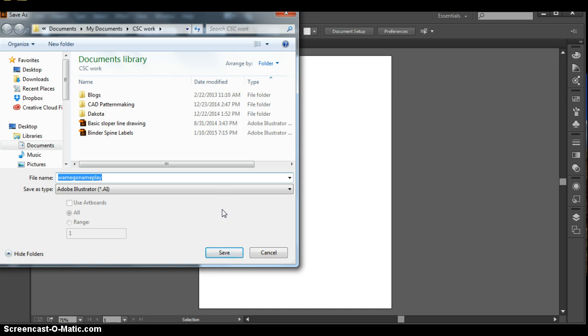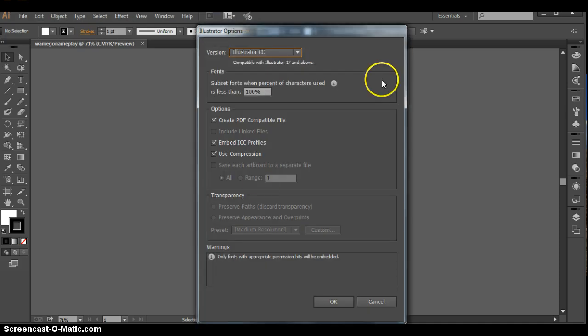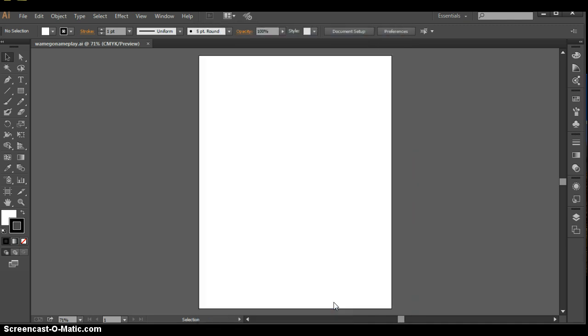Manage it here. Always take the time to read these things when you start saving stuff. That way you don't lose it. A lot of students say they lost their work. It's just they don't know where they saved it. So go slow and read everything. Click Save. All right. All of this, just keep it at its default at this point. And there we go. Now that we have saved it, see that it gives it the file format .ai